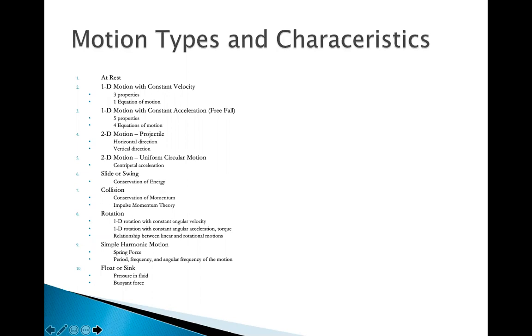Throughout the semester, we learned different types of motions, and we usually use some simple models in that type. So here are 10 different types of motions as a summary. Whenever an object is not moving, it's at rest. That's the first type. Second and third are one-dimensional motions with either constant velocity or constant acceleration, and free fall